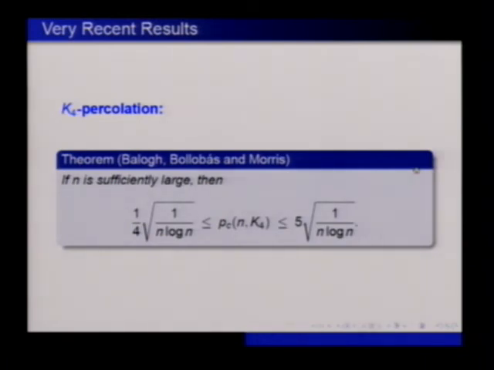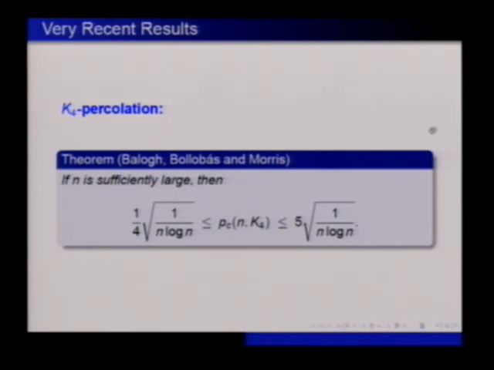But what about other cases? What about K4? We proved that for K4 the critical probability is about the square root of 1 over n log n. But we don't know that there is a constant. Of course, we cannot even prove that there is an actual constant which will be the critical probability. But we have these bounds, in the sense that if the probability is at most the left-hand side, the probability of percolation tends to 0. If it's at least as large as the right-hand side, it tends to 1. That's what this formula is supposed to mean.